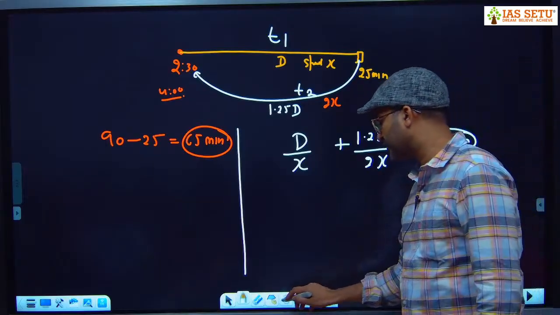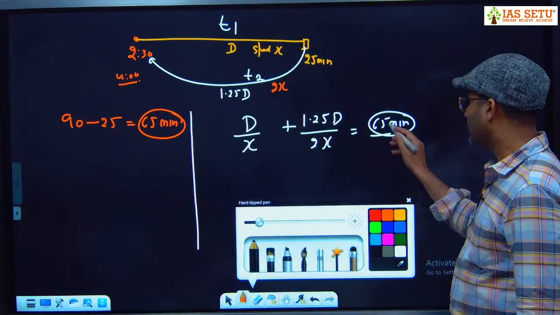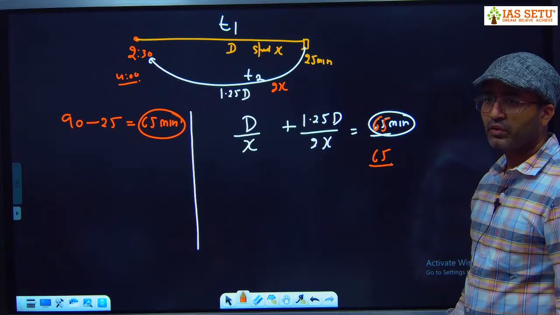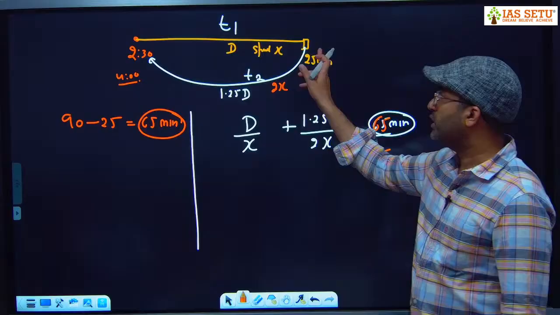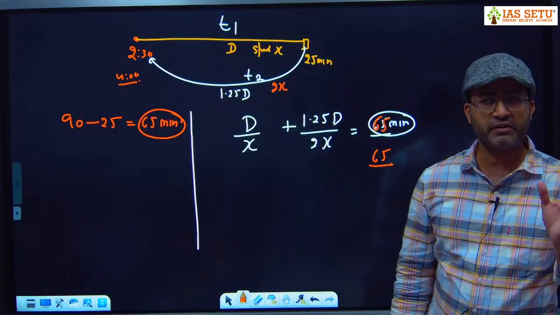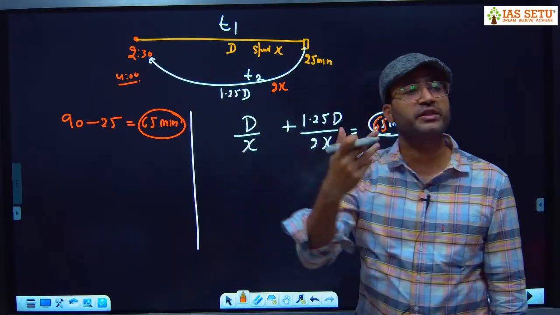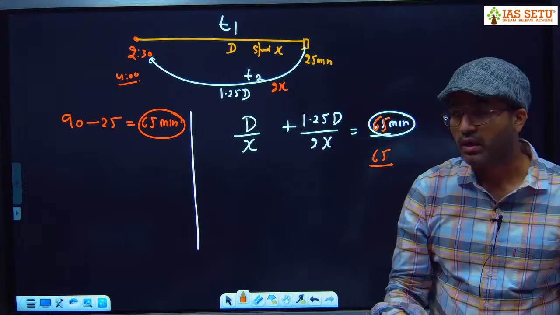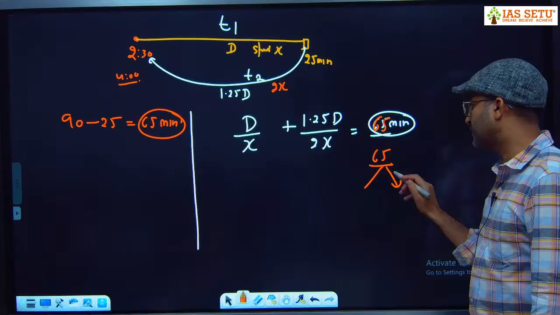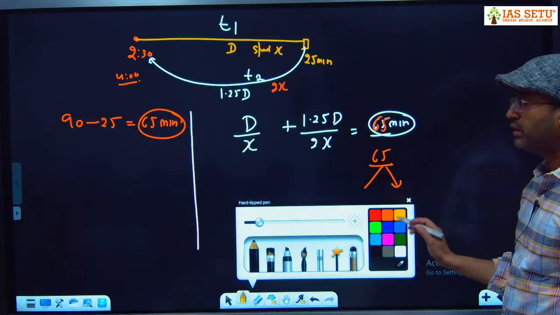इसके साथ हम थोड़ी छेड़खानी करेंगे. कैसे? I tell you, this 65 minutes, you just assume if we cover from the same route with a double speed, he takes half time. मतलब same route से double speed से आता है, if your speed is double, you will take half time. But here distance is more. So we break 65 in such a way, just I don't know how to explain that thing, कि अगर ये